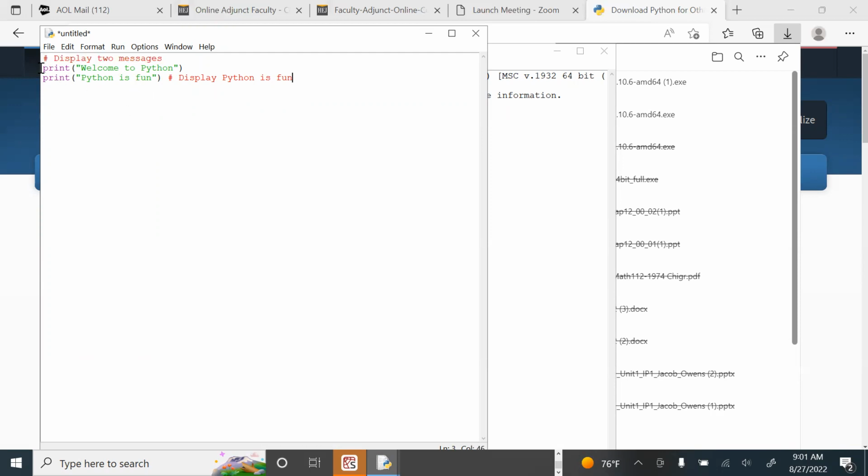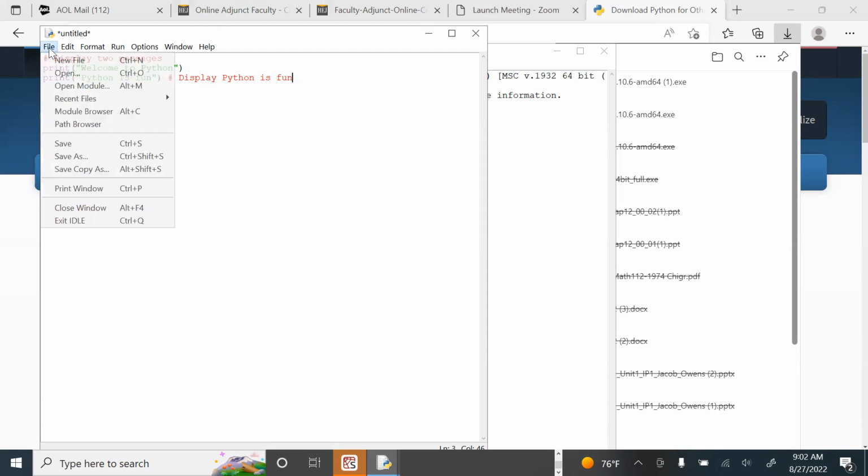Our first command is to print, and we are printing a string, welcome to Python. This is called a string because it's in double quotation marks. Again, we will explain all this as time goes on in the theory. My goal here is to go through the steps of how to use the software. So we have two statements, and once you finish typing them,